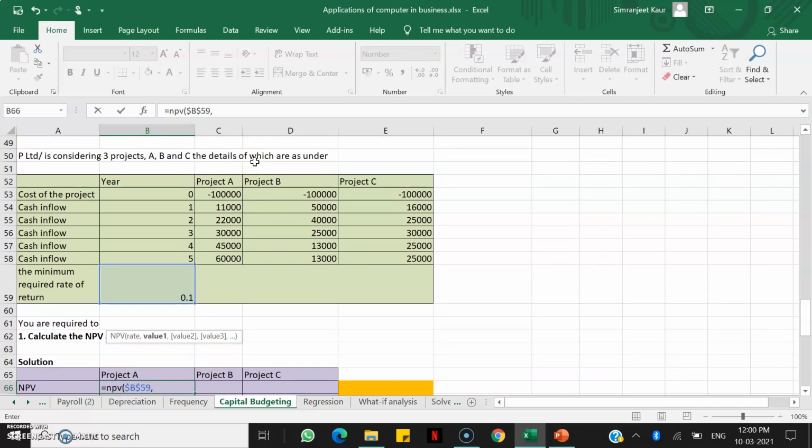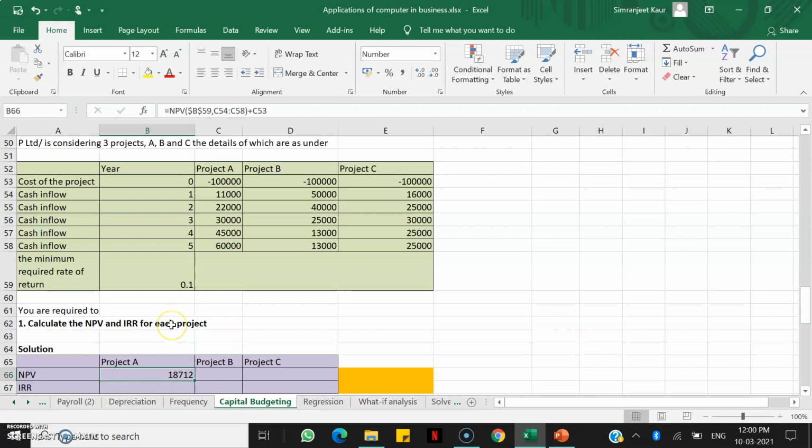Let me choose my values, close the bracket, plus my cash outflow, which is already listed in negative. I'll press enter, Control R, and this will be replicated.